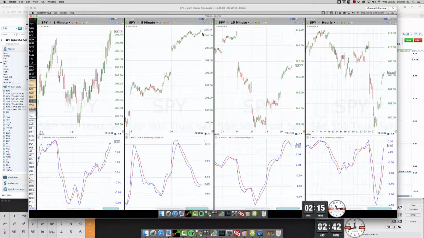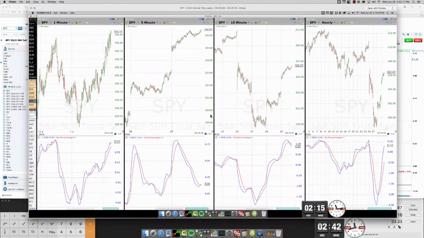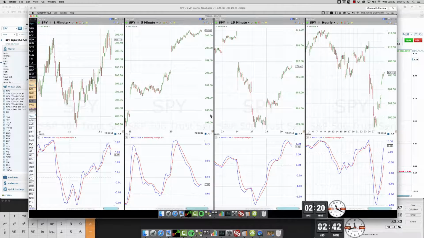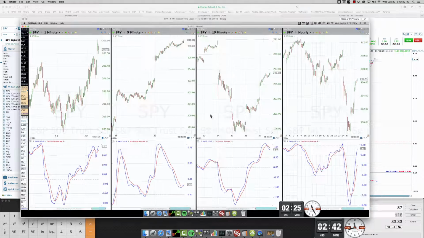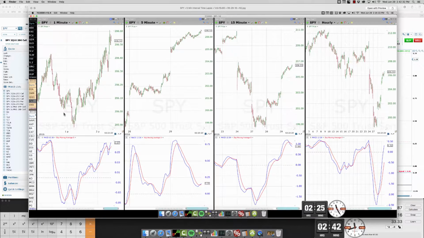We're establishing a negative divergence on the 5. So again, the 206 calls, the quarterlies that expire tomorrow. Here's the entry, 115, and you take it to 213 for a 26% return, and then take a look at this pullback, continuation. If anything, at 225, that's 221. You take it from 87 to 116 for a 33% return. Totally callable on the uptrend happening here.